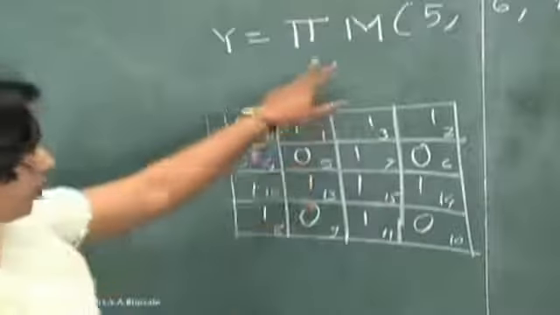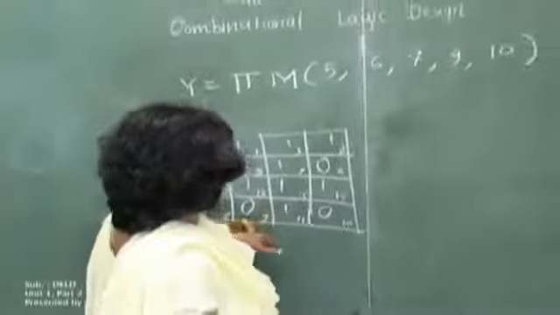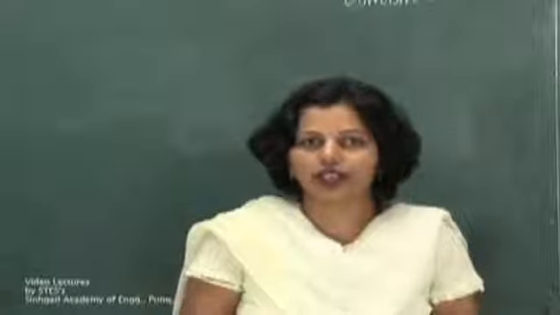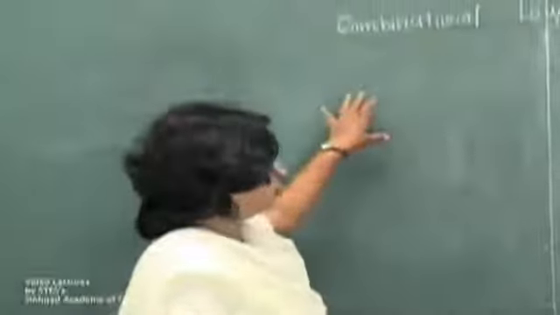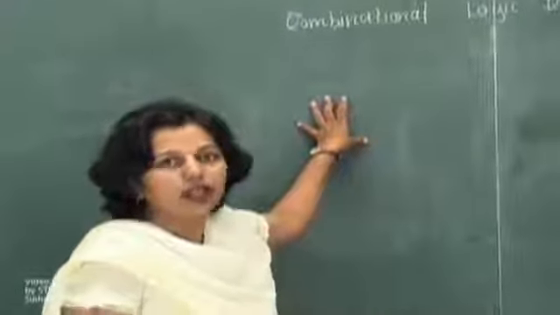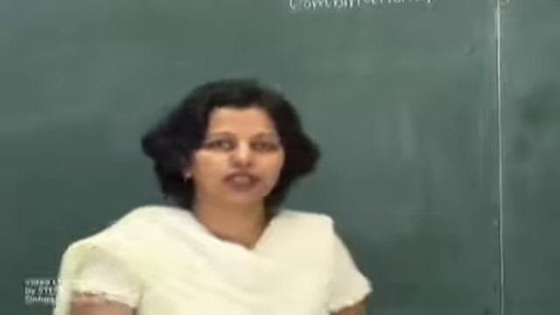Okay, so given an equation or a given max term, we are going to get the output as 0. So this is the example of the standard POS form. We have studied how to write down the K-map for the standard SOP and standard POS form. Now let us see why we are doing this. We are actually using the K-map for standard SOP or POS form for reduction purposes.